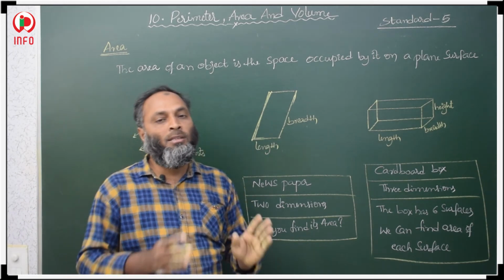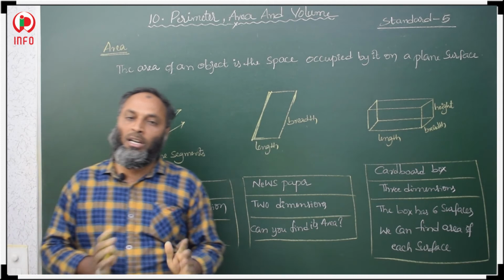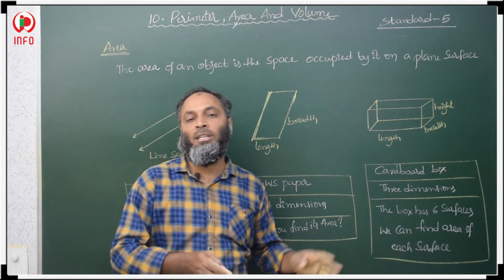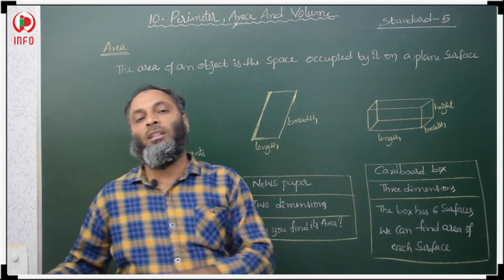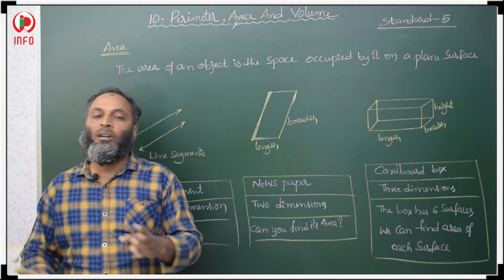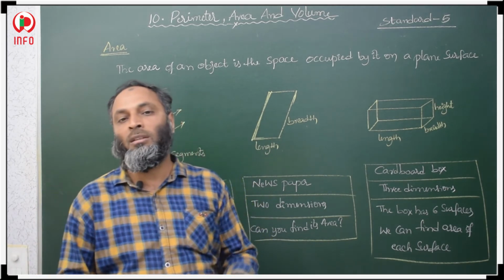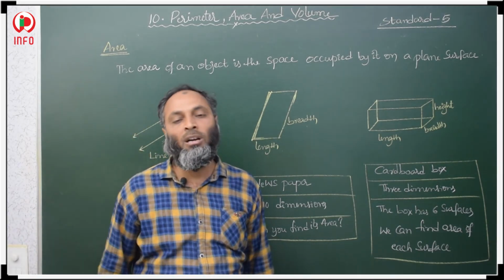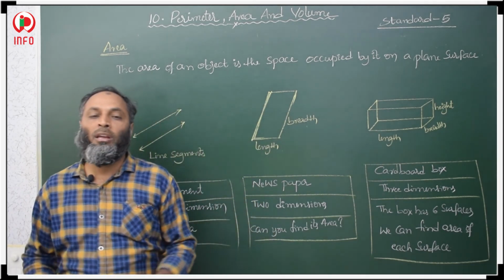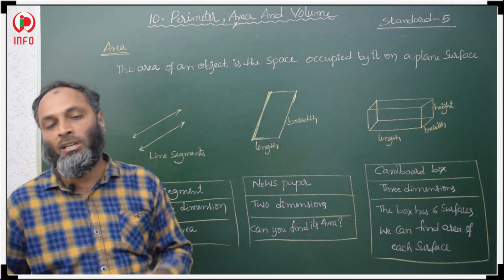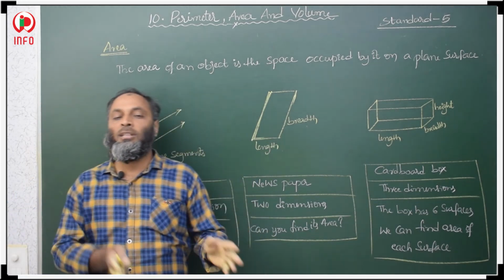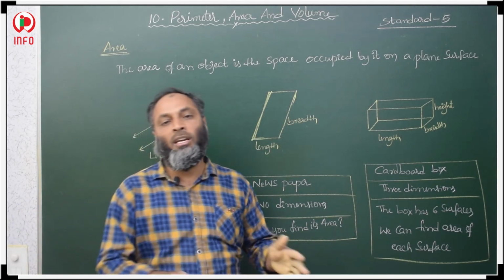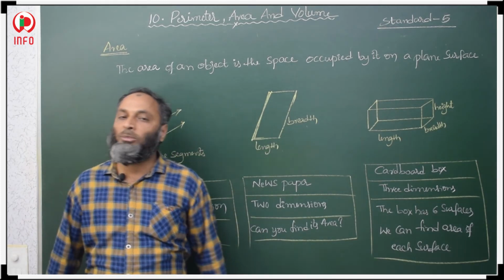It means 3 books already occupied the space on the table. In your class also one bench is there. On one bench 3 boys are seated. There is no space for another student to sit on the bench. So that means already the total area is occupied. So area means how much space the object occupied, that is called area. How much space each student occupied, that is the area they occupied on a bench. So this is about area.